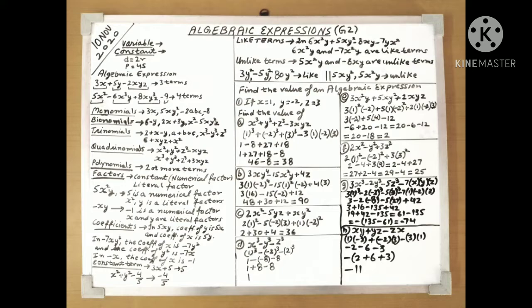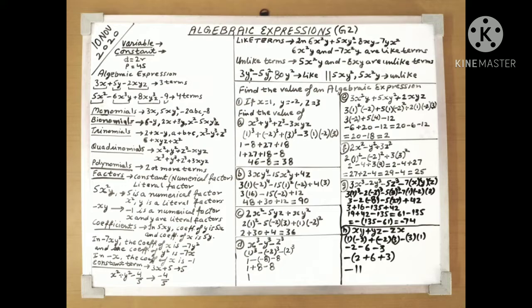Now what is an algebraic expression? An algebraic expression is a combination of constants and variables which are connected by any one or more of the symbols of the arithmetic operations, that is plus, minus, multiply, divide. Such an expression will be known as an algebraic expression. The different parts of this expression which are separated by the signs of plus or minus are treated as terms, and they are known as the terms of the expression.